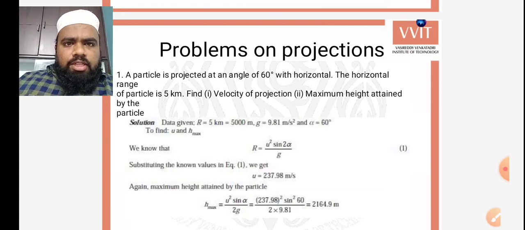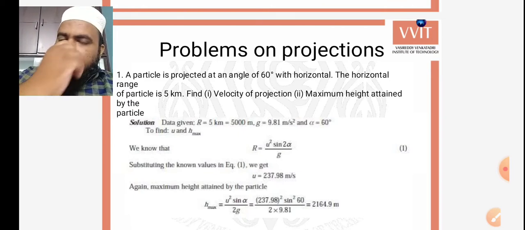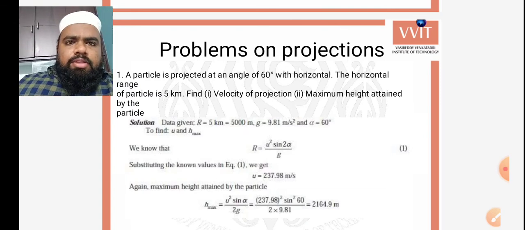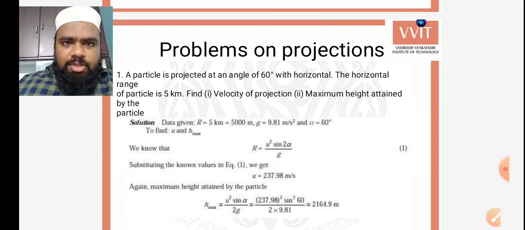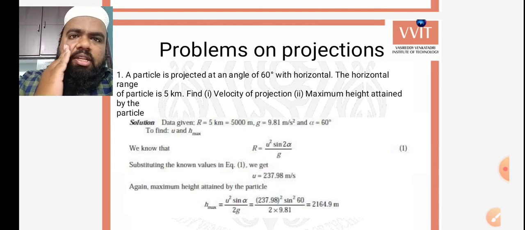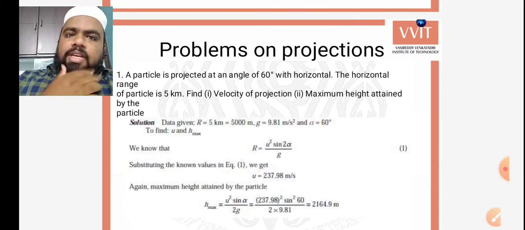we have to find out the time of flight, the time taken to reach the maximum height, and the maximum height. These are the things, and if we remember the formula, then it is very easy to find them. Because there will be data in the question, and we have to substitute the data in the formula, then you will get the answer.